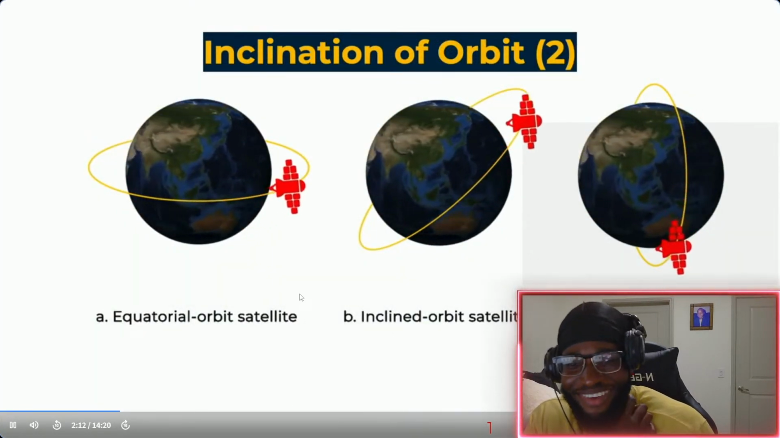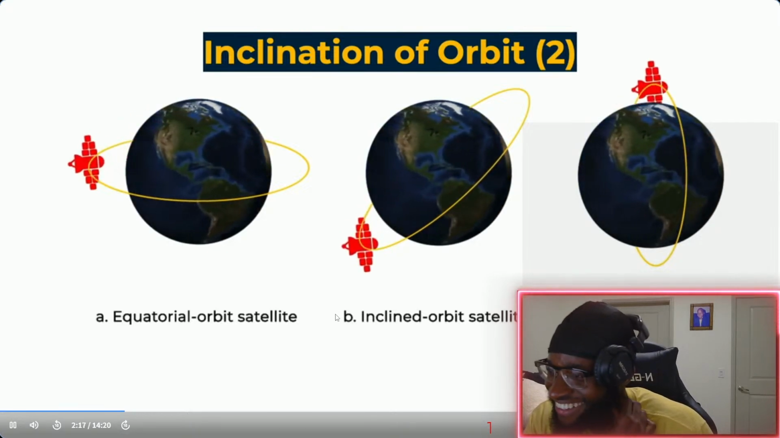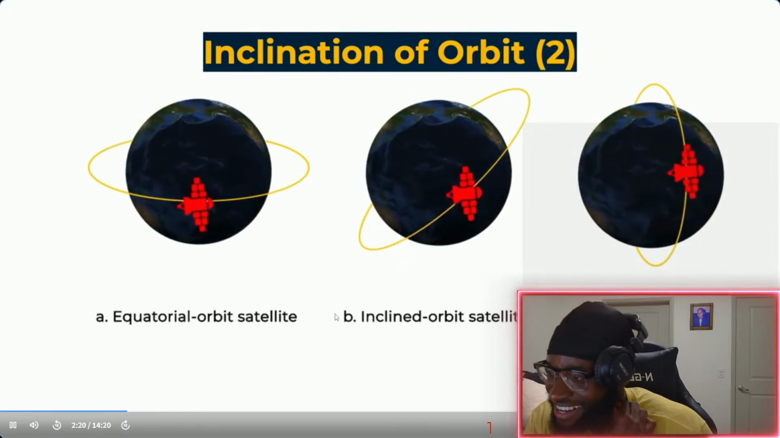The first one on the left is an equatorial orbit. So the satellite is basically staying in the equatorial plane of the Earth. And so it has a zero